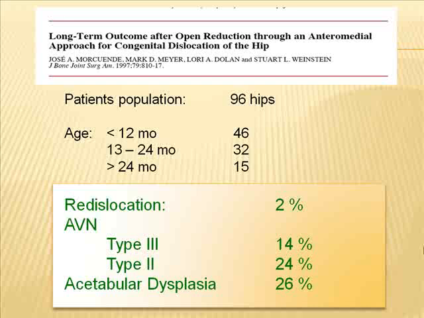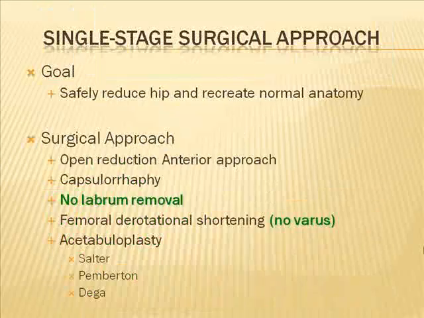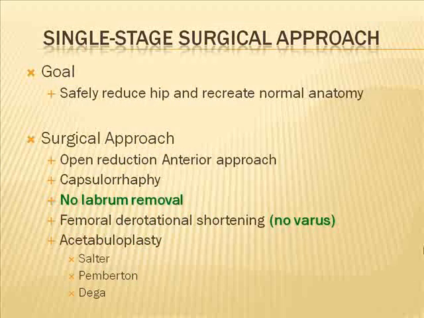In this series, there was no primary acetabular or femoral shortening done. And just remember this number 26 because it's a number that repeats with pretty much every series. Now, the second approach you can use is the single-stage surgical approach, which safely reduces the hip and recreates a